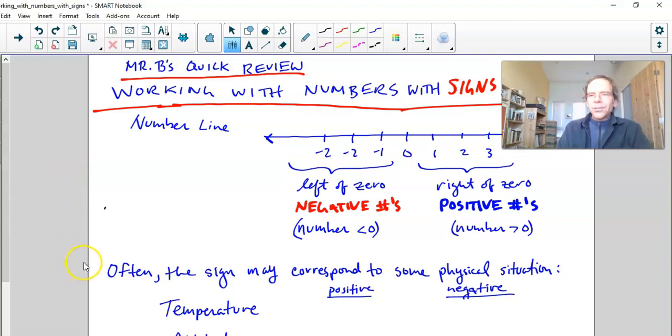Hello, math students. Mr. B here with a quick review of working with numbers with signs, negative signs, positive signs